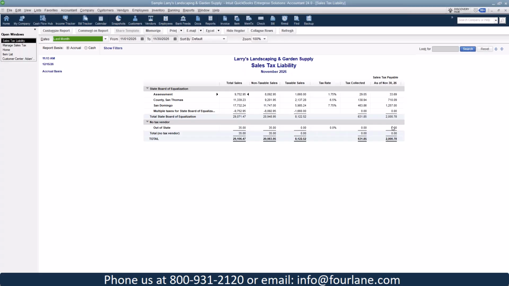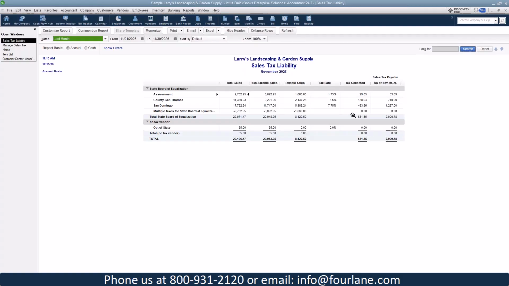So you log into your state's website, you put in your total sales, your total non-taxable, those numbers should all match up to what you're reporting on the website. They should all match to what's in here, okay? And then this tax collected should be a pretty close match, right? Sometimes there's rounding issues. You might be off by a couple of pennies, right? Depending on the volume of sales, it could be a few dollars,